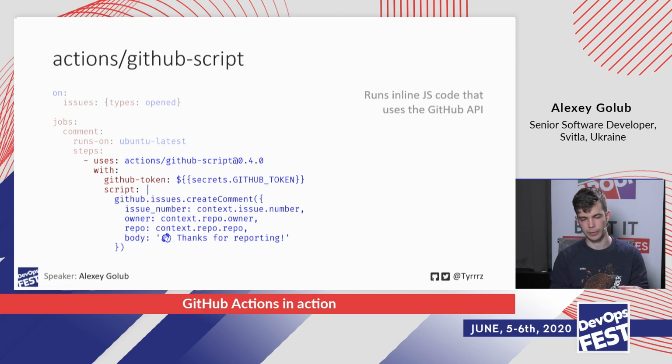And as you can see, I'm using this github object to create a new comment on an issue. Basically, the github object is a pre-configured, pre-authorized Octokit client, so I can use that to send API requests. And then we also have, as you can see, context here, which is all the data associated with the current execution of this workflow. So this is a really nice way to create some ad hoc workflows or steps that might not be available. So you can use JavaScript to just write something directly inside of your steps, which I think is pretty cool as well.